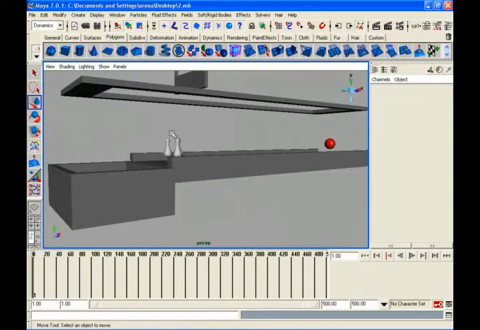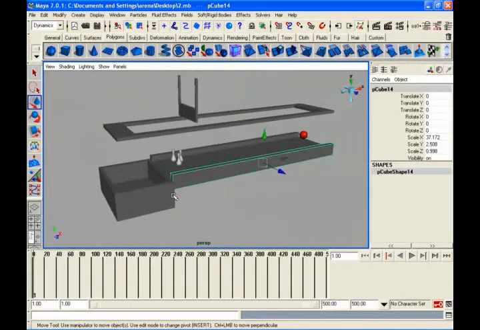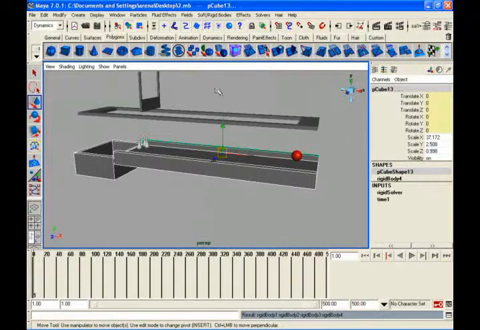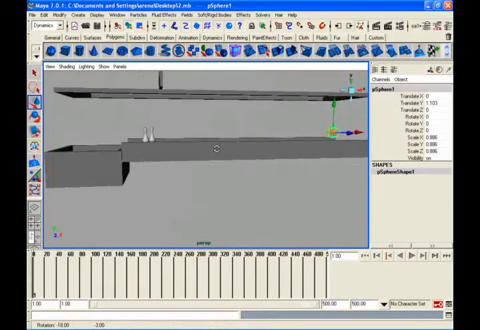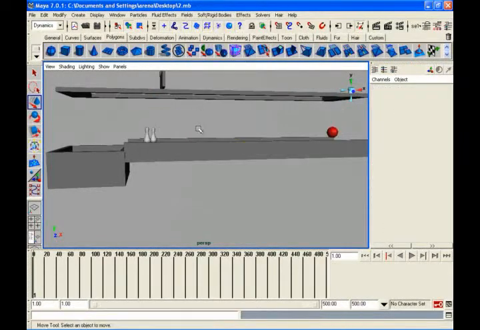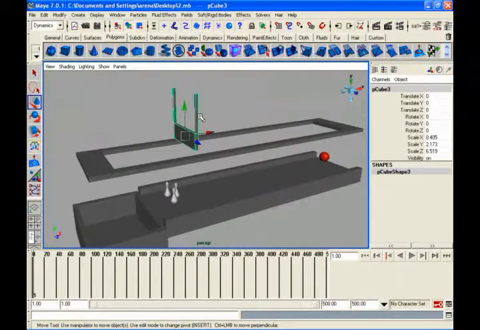So once again the same thing, what are the passive bodies? This is a passive body, this is a passive body, this is a passive body, this is a passive body. So this is the active body, these three are also active bodies. An active body feels gravity. And this will also be an active body or a passive body, don't worry, we can give passive keys, active keys anytime, or else make it passive, because I am going to animate this directly, no problem at all.